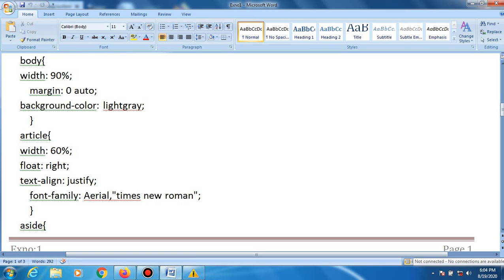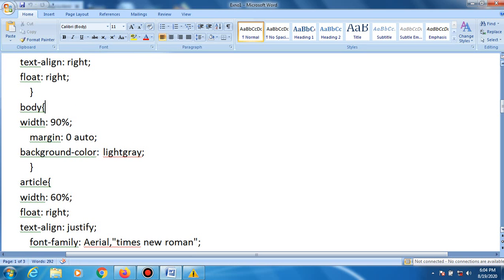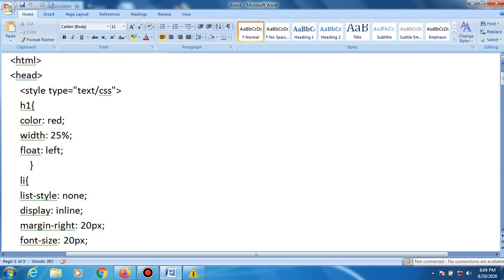The HTML program is used to create a web page, and with HTML, JavaScript and the cascading style sheet are also used to add the styles, functionality and superiority to the web page, okay.